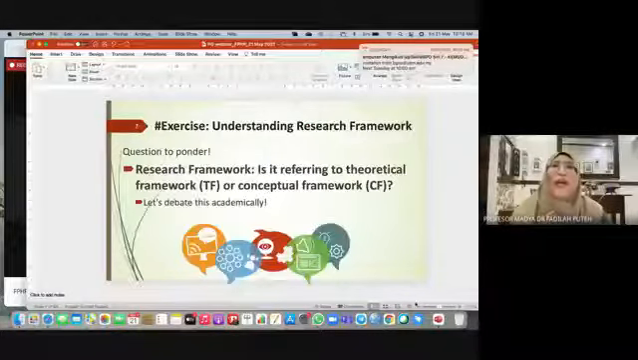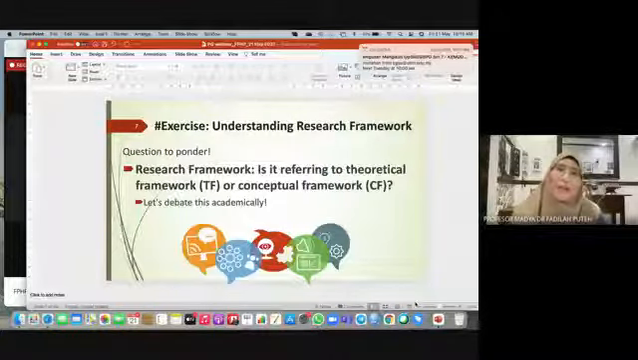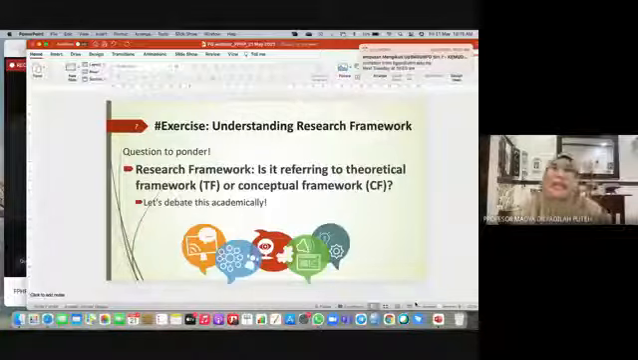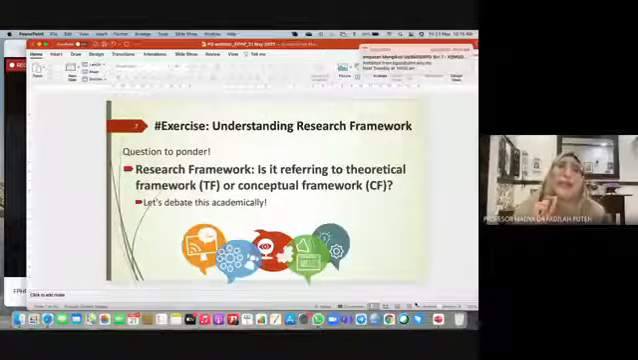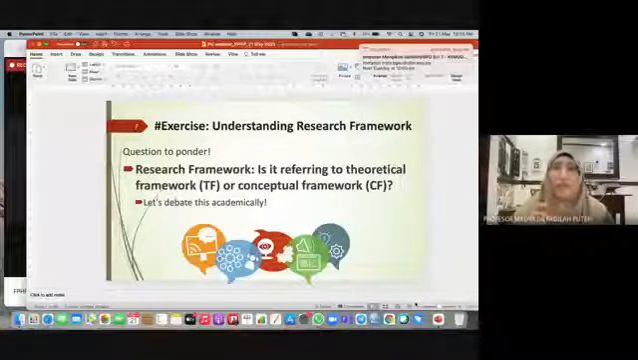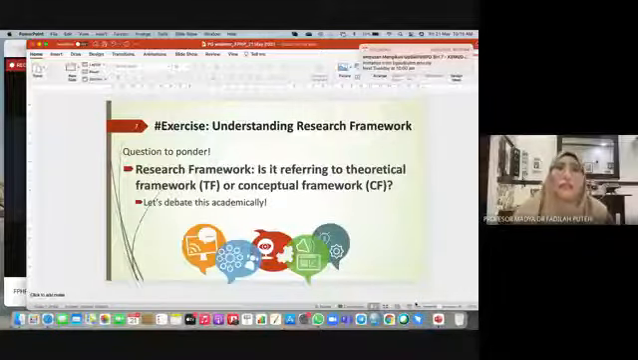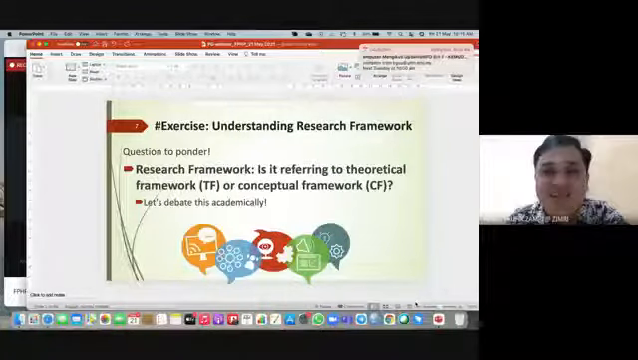So having said that just now, what is the difference between conceptualization and research framework? All right. So now there is a big question that many of us want to know. Is the research framework referring to the theoretical framework, or is it referring to the conceptual framework? Right? So some people said that,